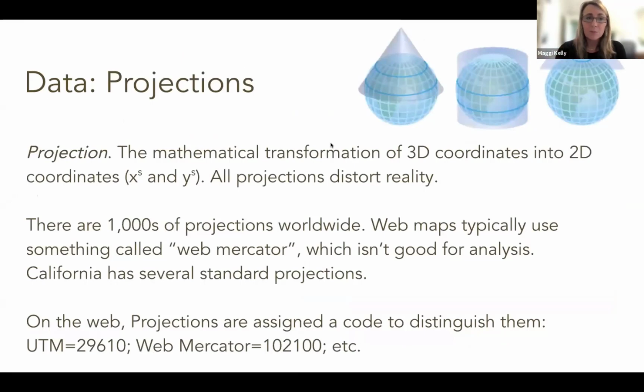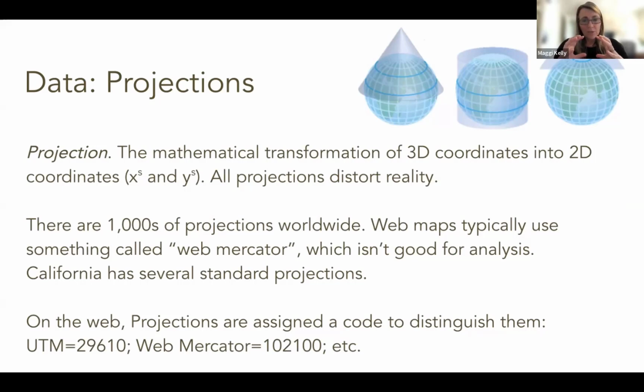All right, a bit of a switch here. We're just doing a quick run through the basics of GIS. We're talking about data, and we have to talk about projections. This is the fundamental thing that differentiates spatial data from just an Excel table of, say, tree sizes. Spatial data, because it's on the surface of the earth,